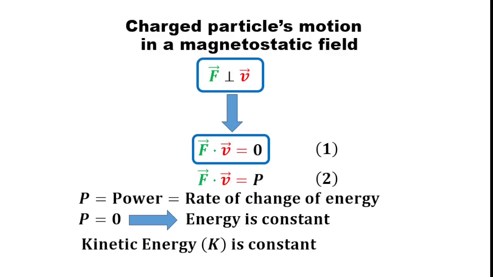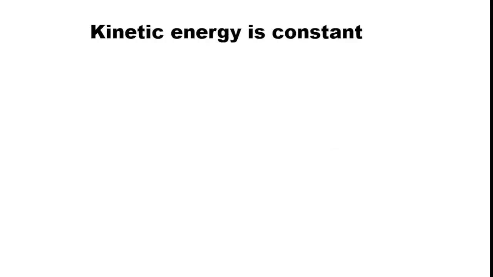The aim of the present tutorial is to prove analytically using the equation of motion that the kinetic energy of the charged particle moving in a uniform and constant magnetic field remains unchanged and its speed of motion also remains constant. To prove analytically that kinetic energy of the charged particle remains constant, we consider the force experienced by the charged particle as shown in equation 1.